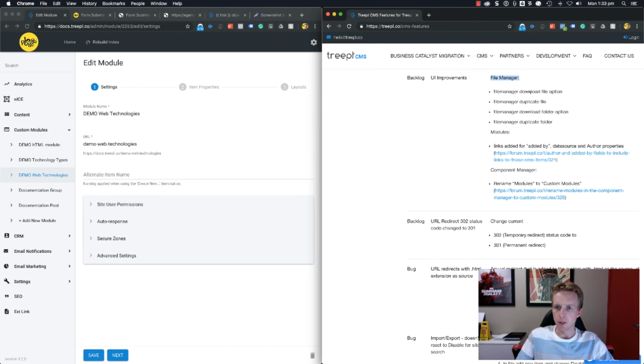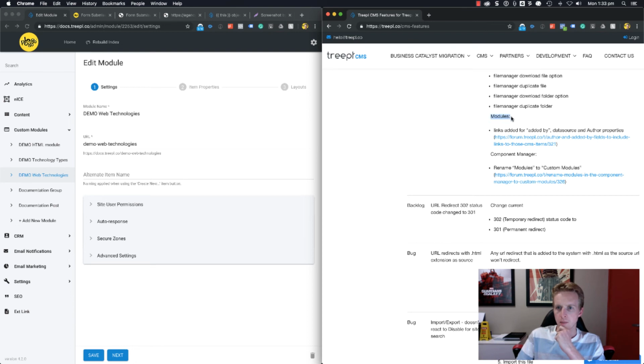So in the file manager, we now have the ability to download the file and duplicate a file, as well as those same actions for folders. So we can duplicate a whole folder or download the whole folder, which is handy. In modules,